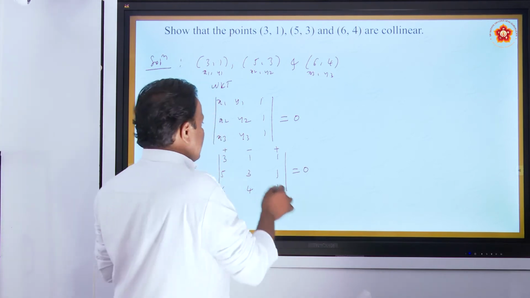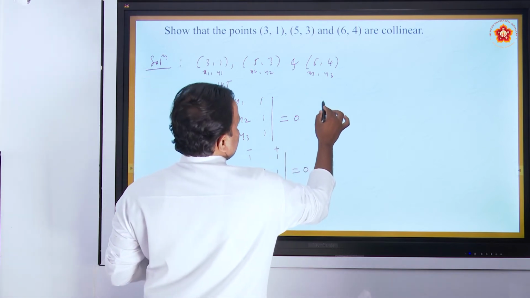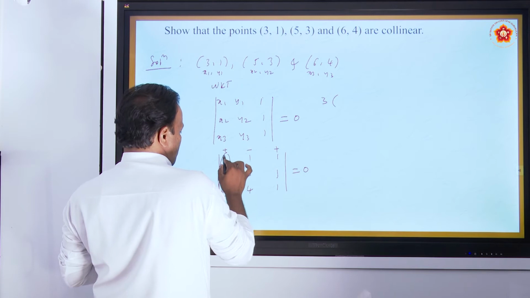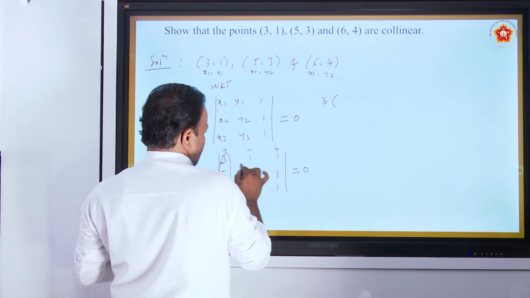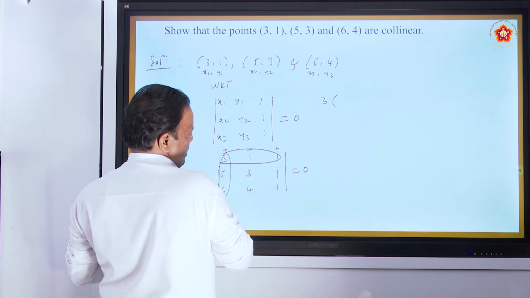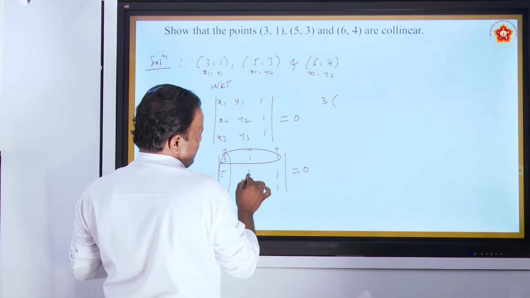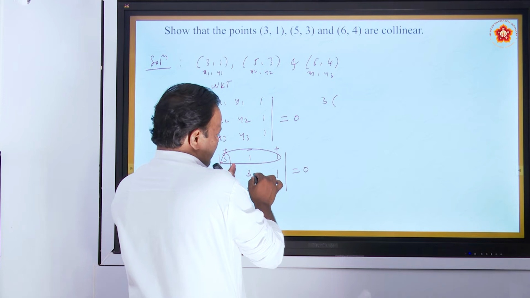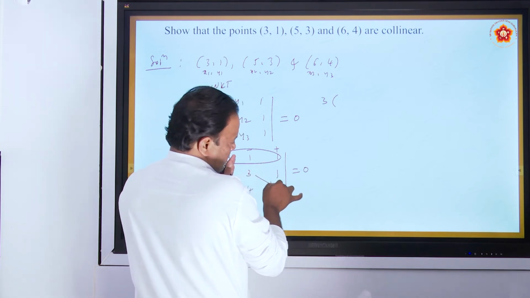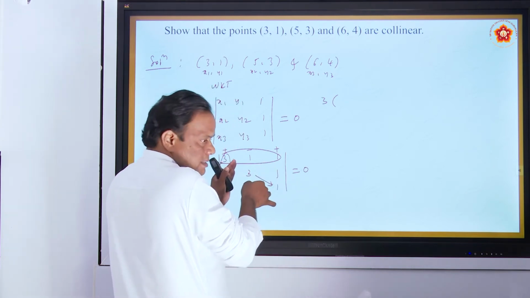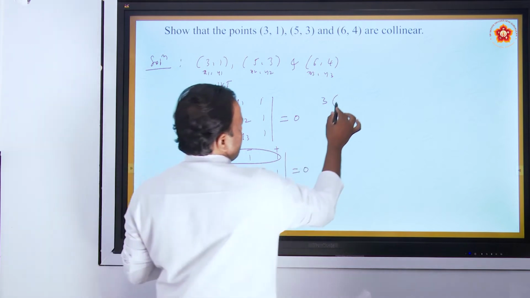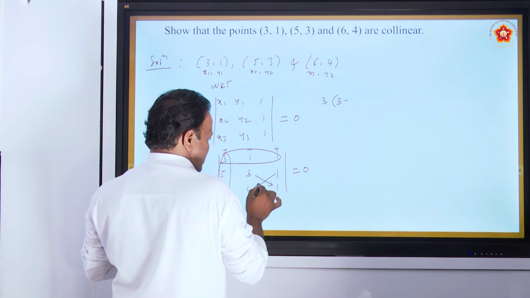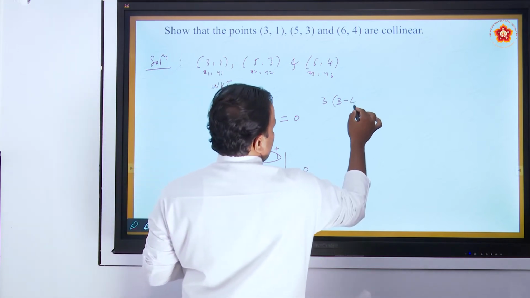Okay. So I expand along the first row, taking 3 as it is. The row and column containing 3 you have to remove. What is remaining? 3, 1, 4, 1 is remaining. Multiply these two first, left top to right bottom terms first, then minus like this. 3 1s are 3. Take minus always here. These two are multiplied here. 1 4s are 4.